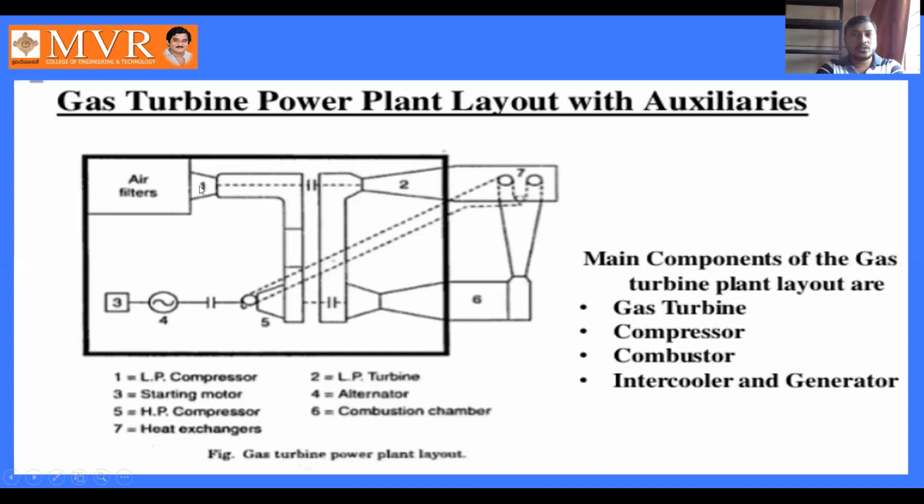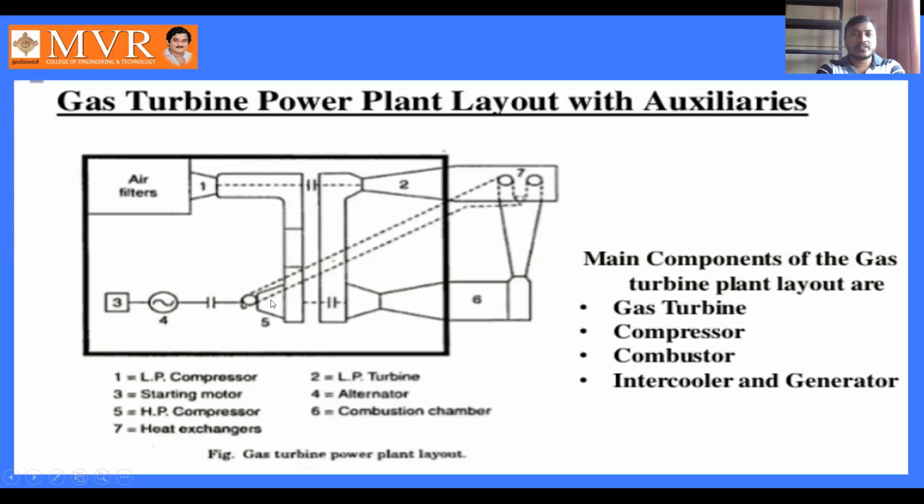When the air is entering into the low pressure compressor, the air is filtered here, removing the mud particles and dust particles contained in the air, and it enters into the low pressure compressor. In the low pressure compressor, see here, the compression takes place and the air moves with high temperature and high pressure into the intercooler. Here the box is known as an intercooler. In the intercooler, the air is cooled somewhat, and the high pressure and temperature lower here, and the air enters into the high pressure compressor.